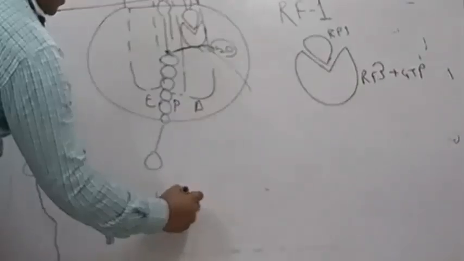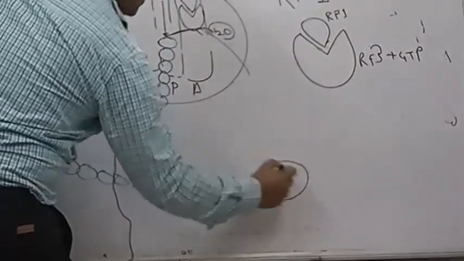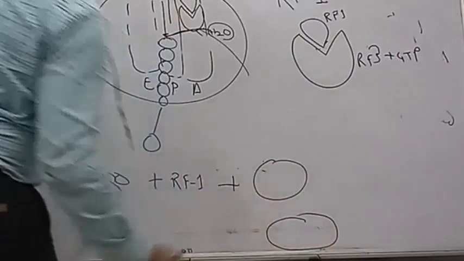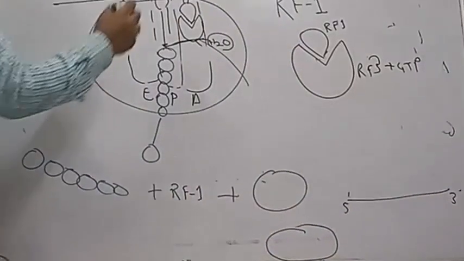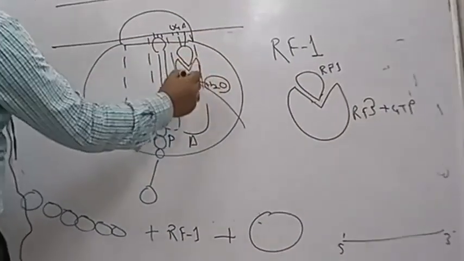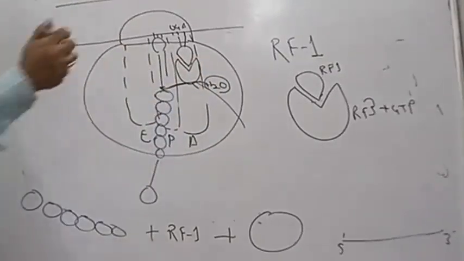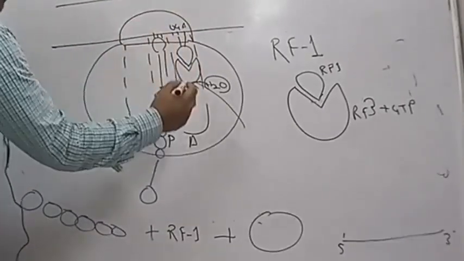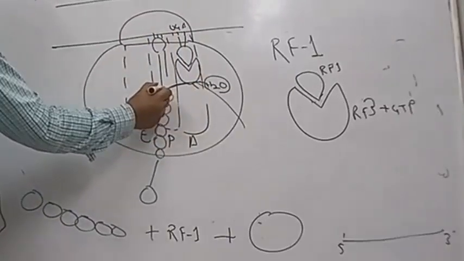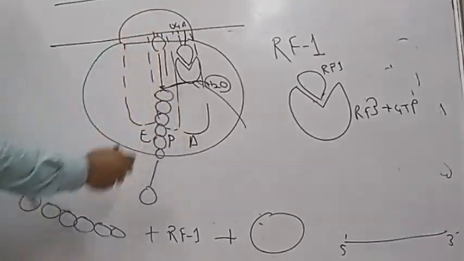The releasing factors will be liberated. The subunits will be separated, and the mRNA also gets separated. You see, this water molecule, why I said that it recruits hydrolytically, it cleaves the ester bond. Previously, there used to be an aminoacyl tRNA. The alpha amino group used to nucleophilically attack this ester bond, right? Ester bond present in the tRNA, which is present in the P site.